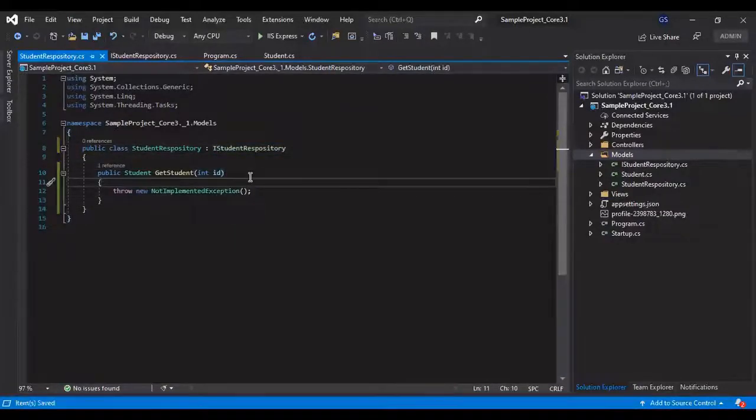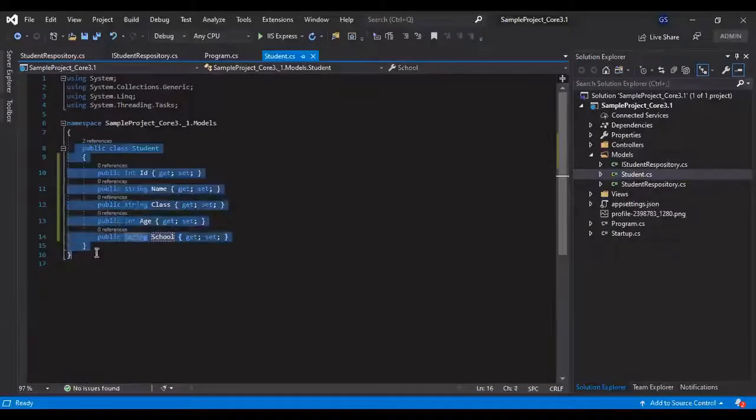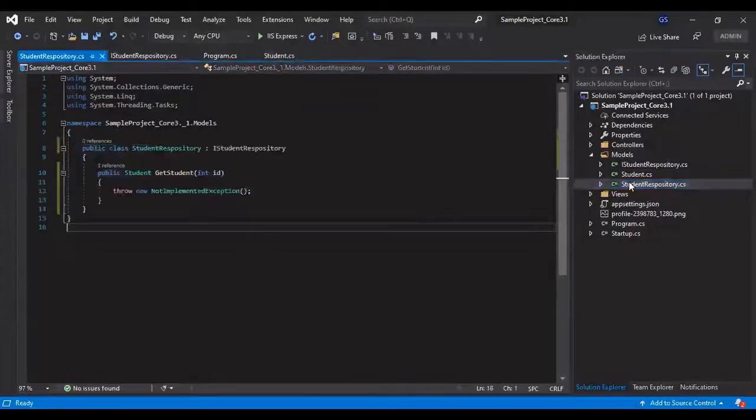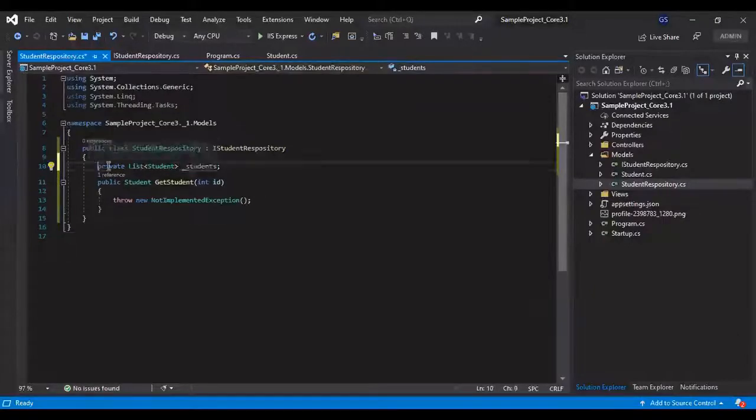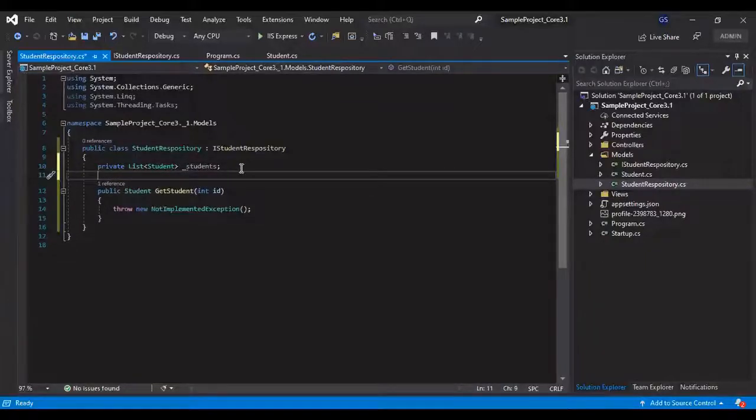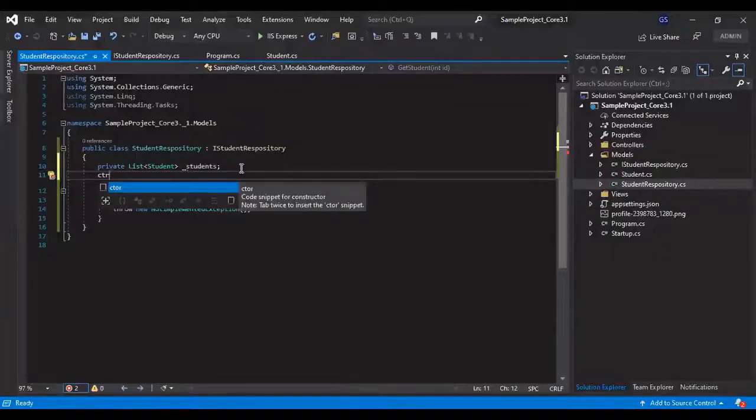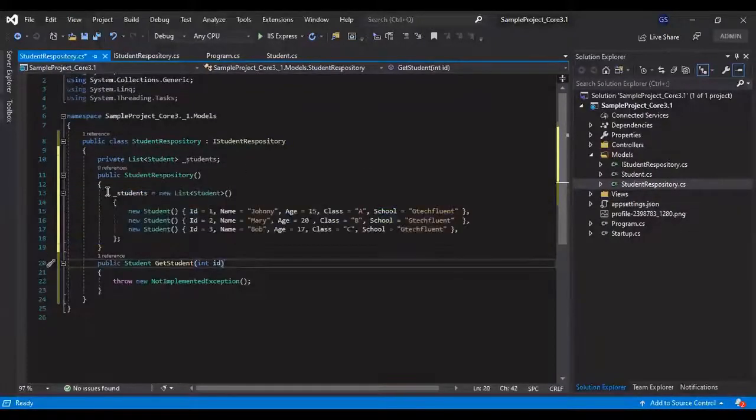So now we have added the class to represent the data, and we have added another model to process the data. Let's create a private list of students to return the data and add the constructor. For adding a constructor the faster way, just type ctor and press tab, and initialize the list here.